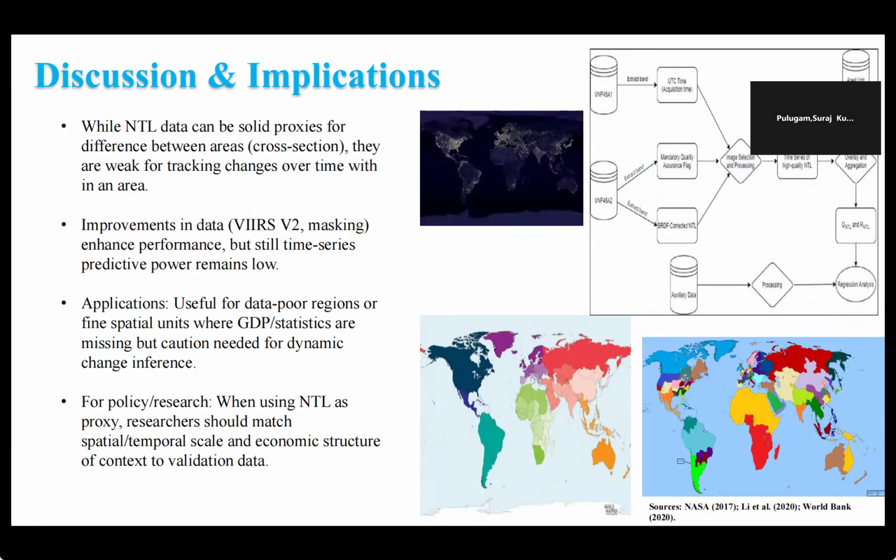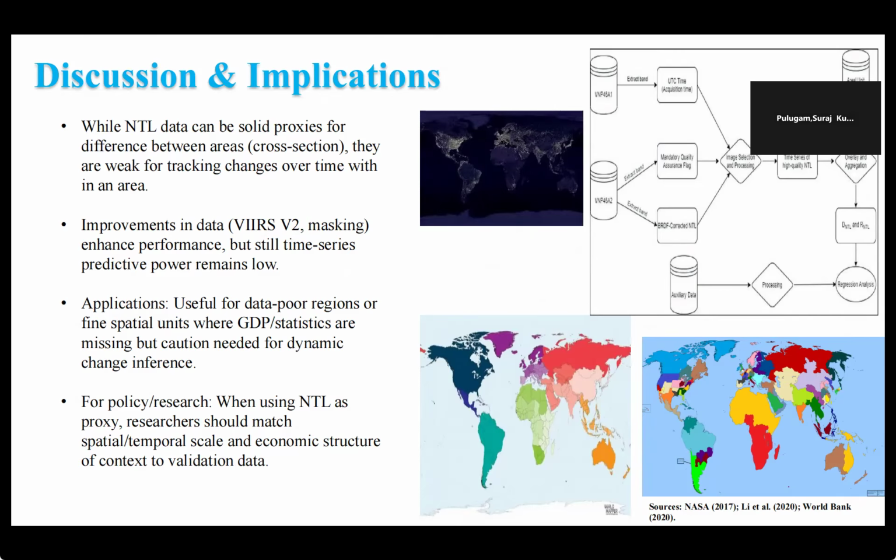Coming to the discussion and implications, from these findings, we can conclude that nightlight data works extremely well for spatial comparisons, that is comparing economic activity between places, but not as well for measuring changes over time in the same place. Despite improvements in VIIRS, time series predictive power still remains limited. Still, NTL data are very useful in regions where official GDP data are missing or outdated. Researchers and policymakers can use these datasets to estimate regional economic performance quickly. And here the image shows the global economic geography pattern, and the workflow diagram shows how NTL is processed for